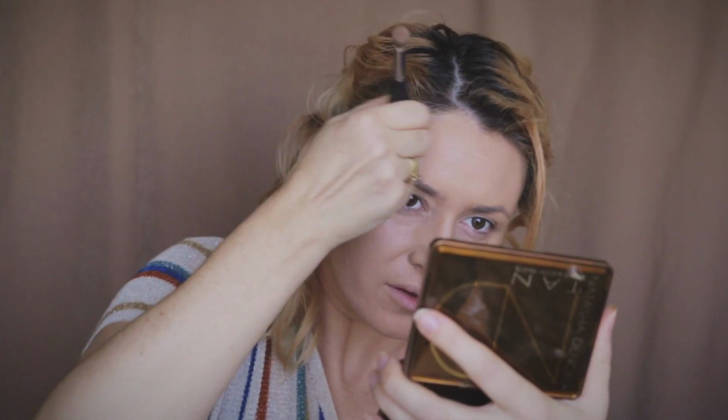I'm going with the second layer on my forehead as well. I'm going with the second layer, but still this second layer is very thin. I'm trying to make it as thin as possible and spread the product as much as I can. I'm going to my problem zone. Yeah, if we put it to a test, we have to test it, yeah? Don't forget to shake it every time. I'm applying a little bit just...